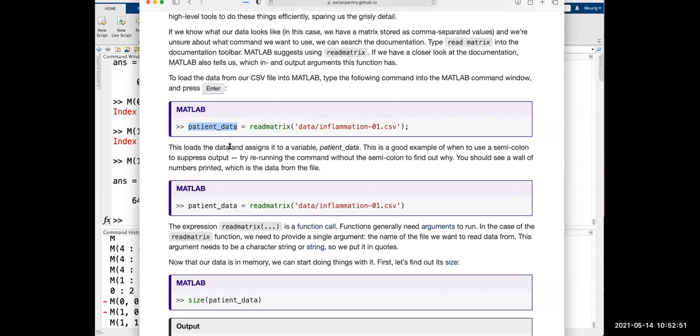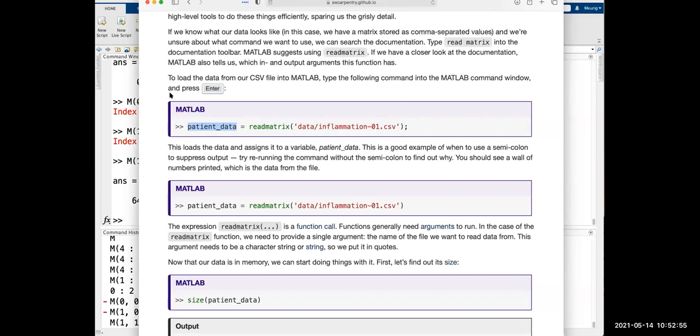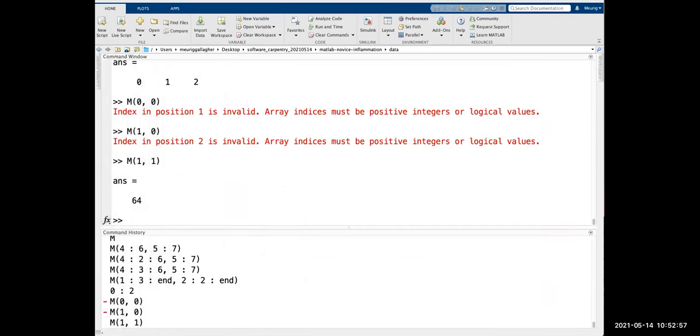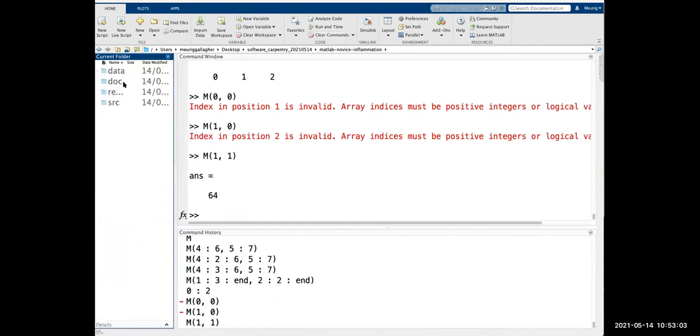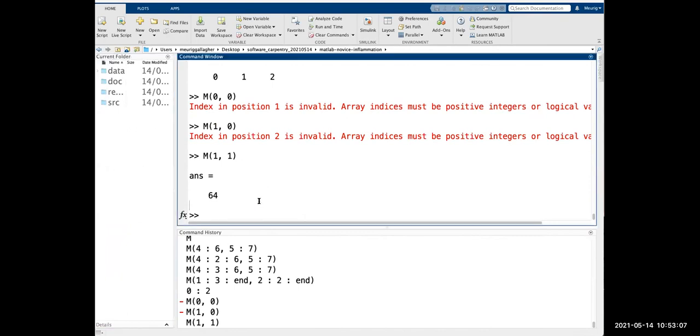Sure. Can you show me how it shows on your screen? Then I will try it on mine to see if it can get the exact thing. Of course. So I'm already in the data folder. So if I go back up, if I show you my current folder, here's the folders in here. So I've got the data folder here. So I would type patient underscore data equals read matrix, open and close my parentheses, and then I'm putting it in a string.